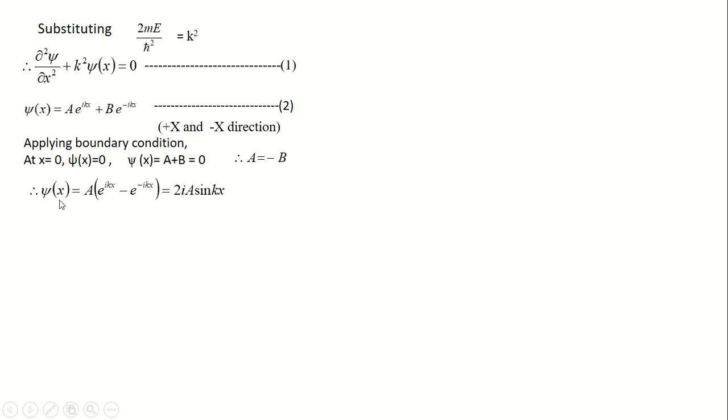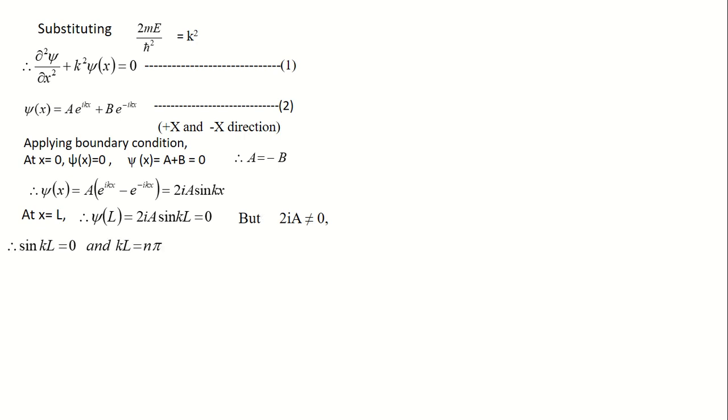Now let's apply the second boundary condition, x is equal to L. As we know, at x is equal to L, again psi of L is equal to 0, and 2iA sin kL is equal to 0. 2iA is a constant, so it cannot be 0, so sin kL is equal to 0, and this happens when kL is equal to n pi. So kL is equal to n pi, and thus we can write,